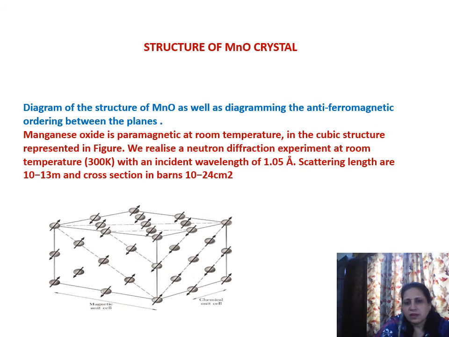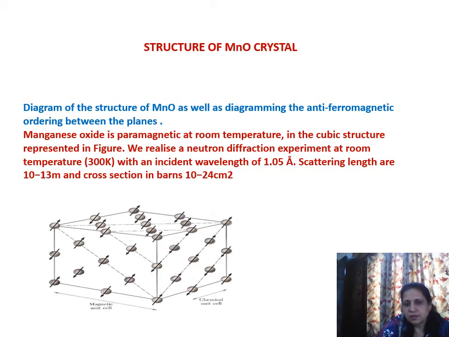In this slide, the diagram is showing the structure of manganese oxide as well as its antiferromagnetic ordering between the planes. Manganese oxide is paramagnetic in nature at room temperature. In the cubic structure represented in this figure, we realize the neutron diffraction experiment at room temperature, meaning 300 Kelvin,